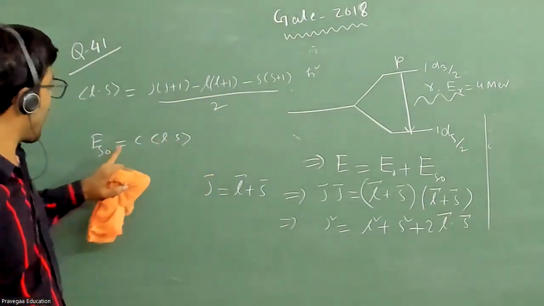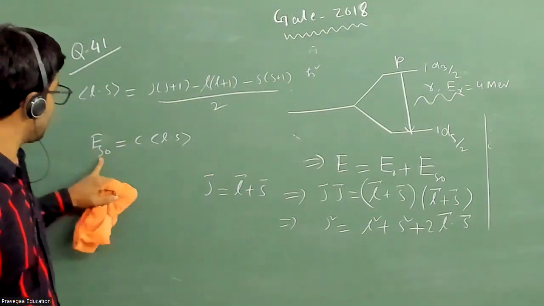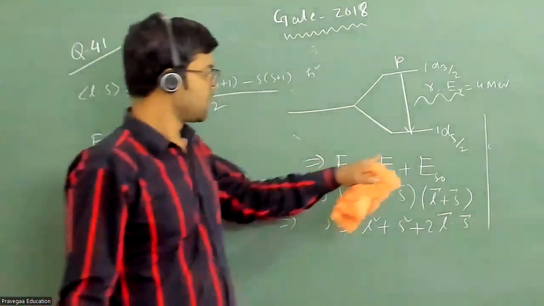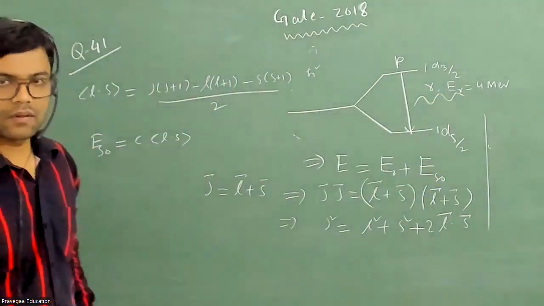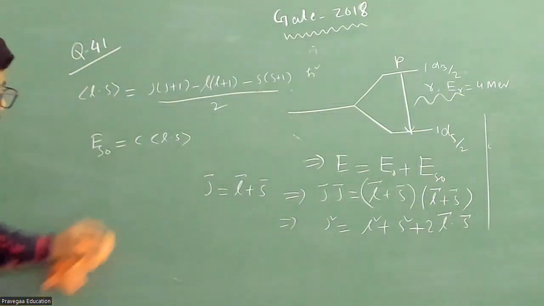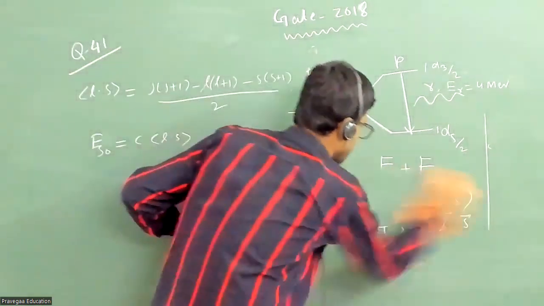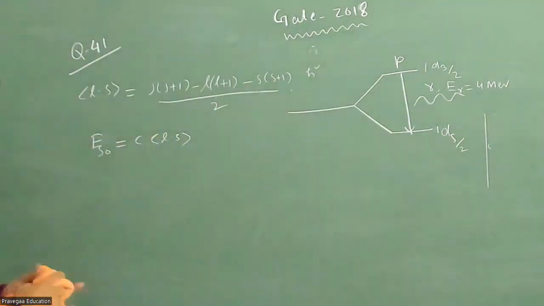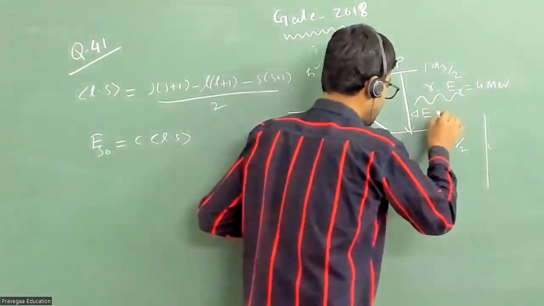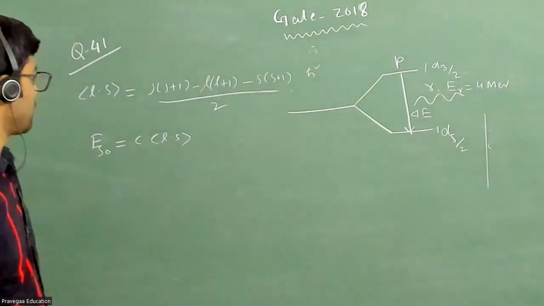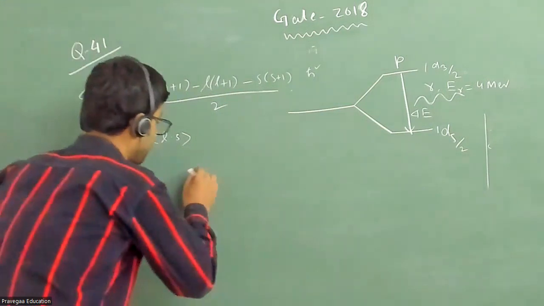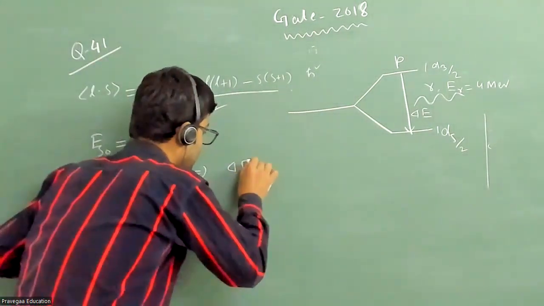But these two states will have different E_SO, or spin-orbit energy, because of different J, right? Different J here. We'll get different energy for both states. Okay, so now we are going to find that. Basically, that's the energy splitting. If you take delta E as the energy difference between these two states, we can calculate that. So how can you calculate that? Delta E will be nothing but